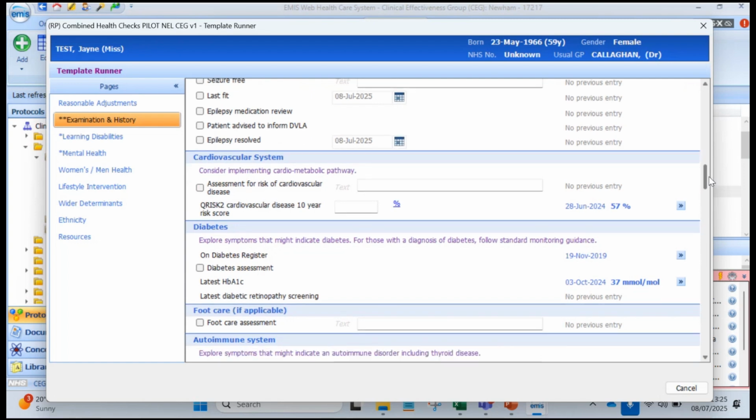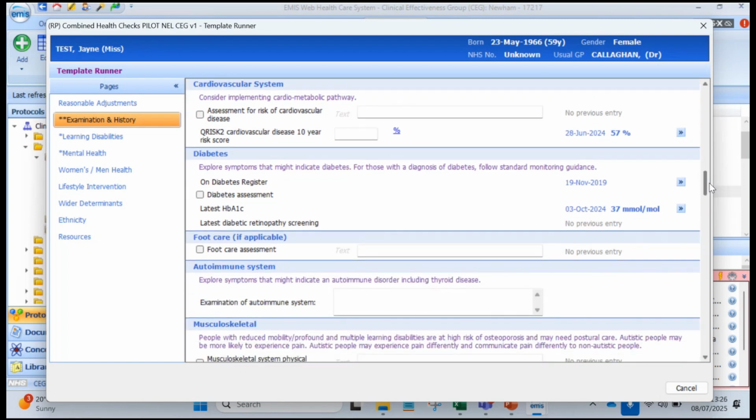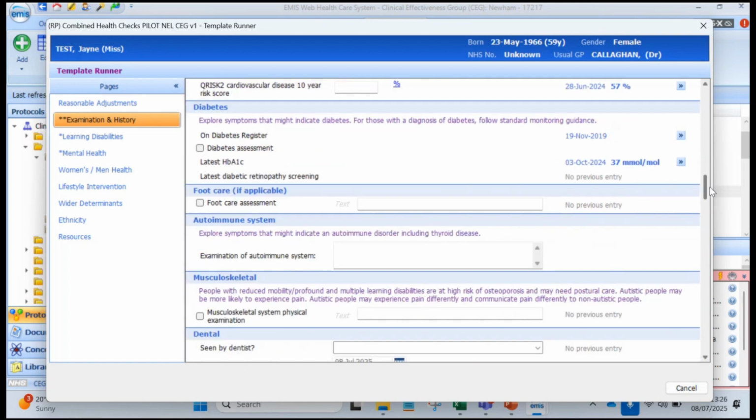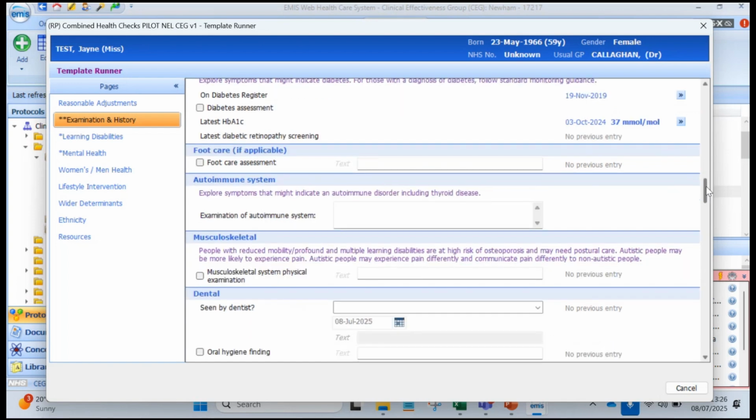cardiovascular in there, so the Q risk, diabetes, because a lot of the ailments relate, you know, if someone has learning disabilities, they may also have diabetes as well. So this is just the gateway. It will tell you if they are on the diabetes register, and then if you need to do your diabetic assessment, but not saying you need to do that at this point, but it may come later on in the year that you do know that you might need to do a diabetic review on them as well. Foot care,